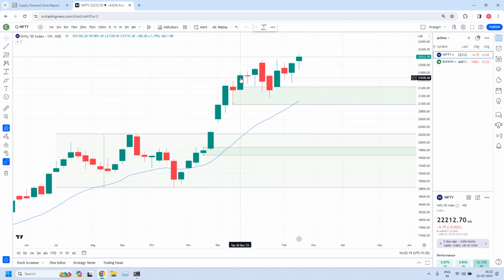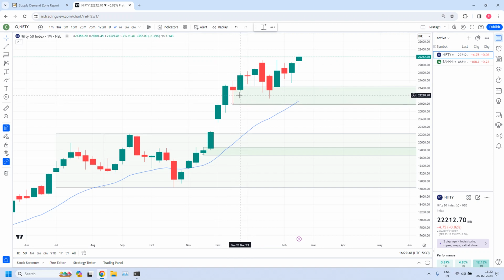Even though this is not a great leg out, this is a medium size candle. A medium size leg candle cannot be used as a rally candle, that means a leg out candle. What I mean is, this is also a rally candle, but a medium size rally. But we are looking for a large size rally candle from our leg out point of view. But what I am doing, I am just compromising and drawing this for reference purpose,